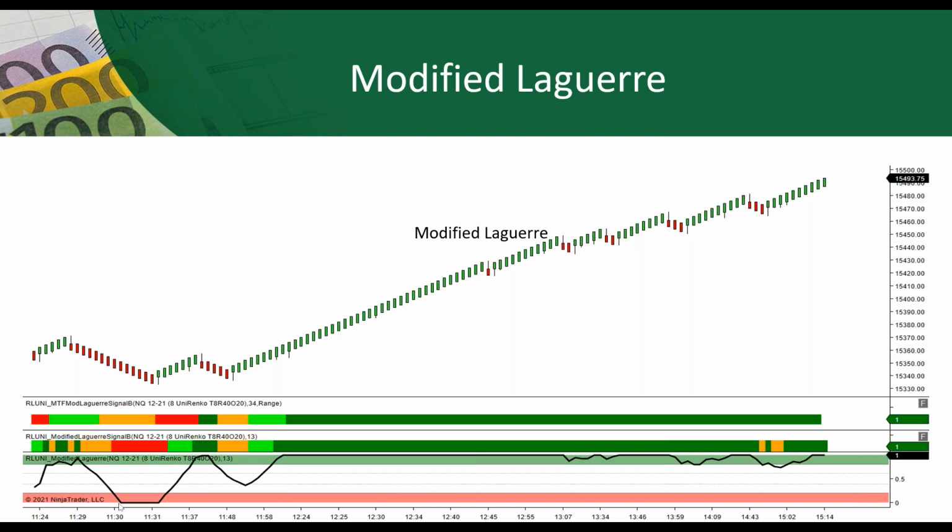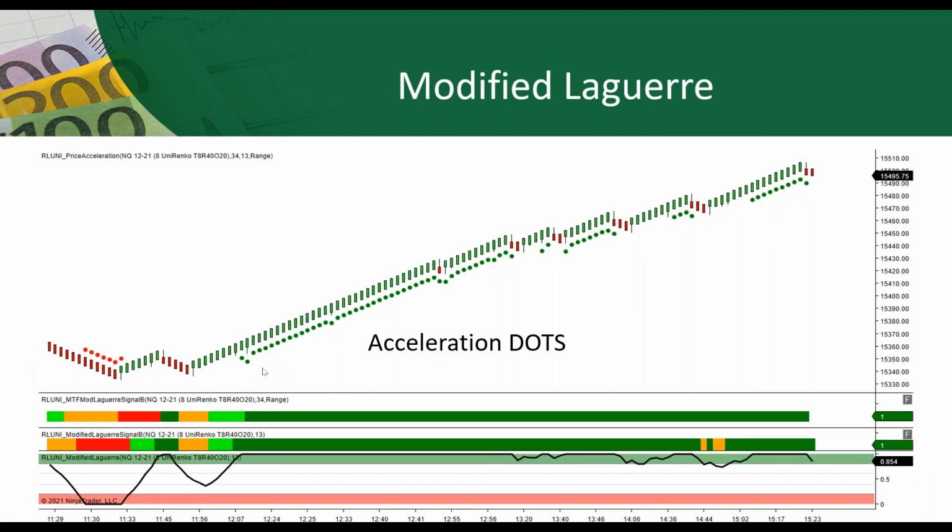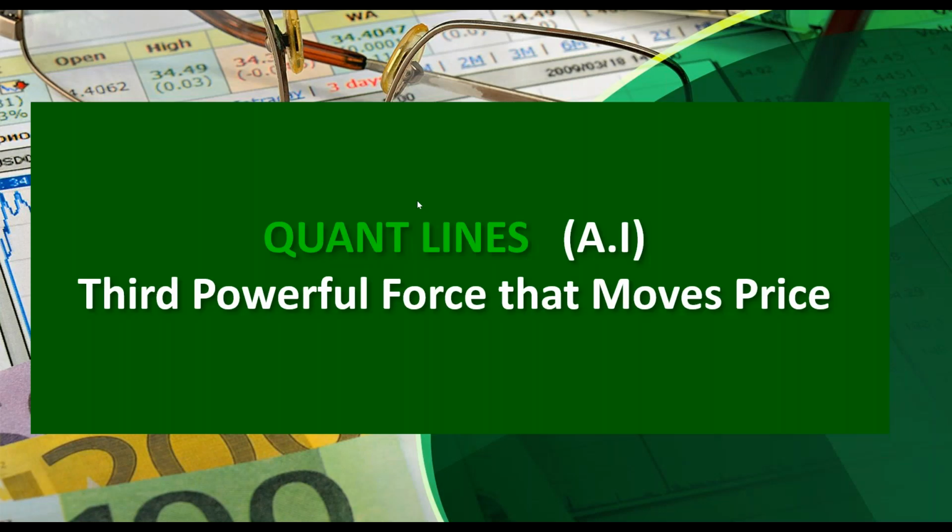So when it crosses below 20, it turns red. When it crosses above 20 and is sloping up, it will be lime green. When it crosses above 80, it will be dark green. And when it crosses below 80 and sloping down, it will be orange. We only traded on red and green, dark green and red, period. But we ultimately want it to be pinned at 100 or pinned at 0. So we get our acceleration dots. So I'm putting the pieces together and then I'll explain everything about it.